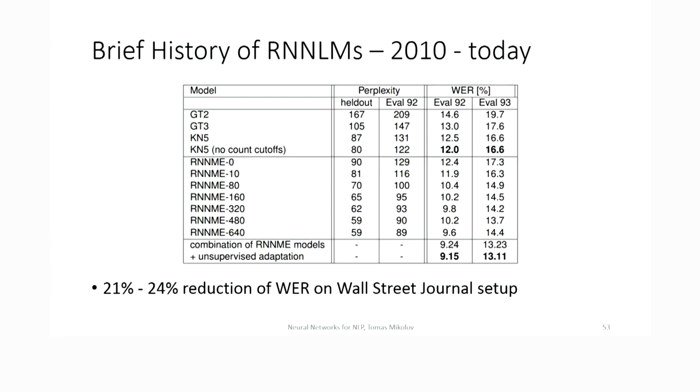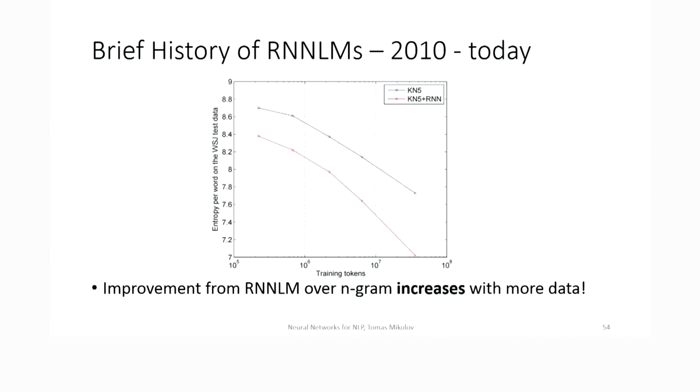just some historical perspective on how people were evaluating language models a few years ago. Nowadays, it's a completely different scale. But back then, I was able to observe these improvements on the Wall Street Journal setup, which is a famous benchmark from the speech recognition community. The difference was pretty huge, more than 20% reduction in the word error rate, which is the metric that we are trying to minimize in speech recognizers, compared to the best 5-gram model. So that was quite interesting.